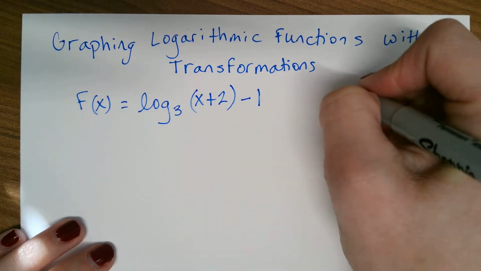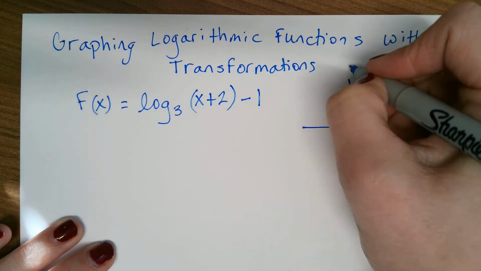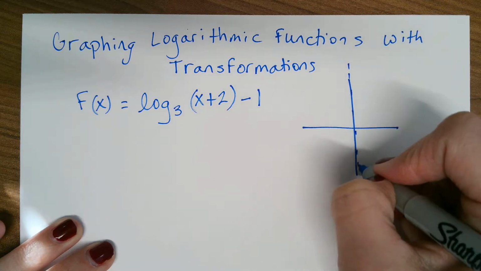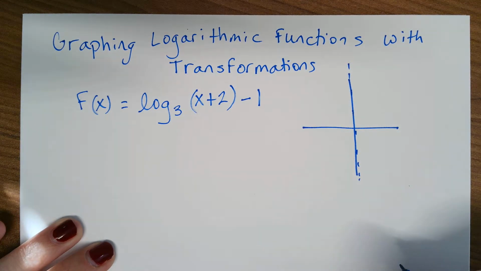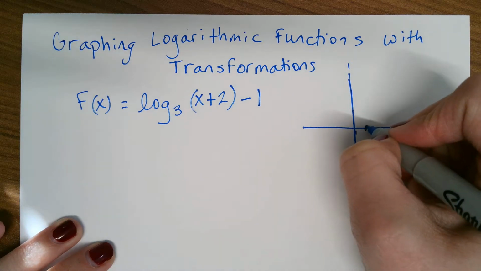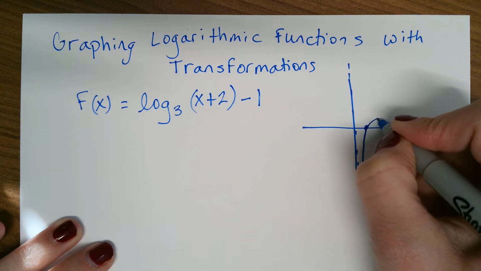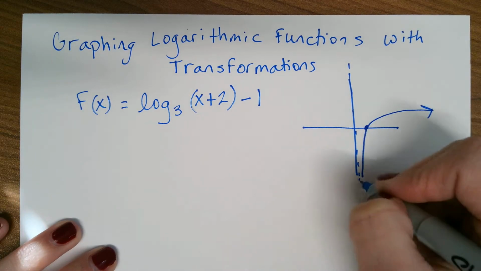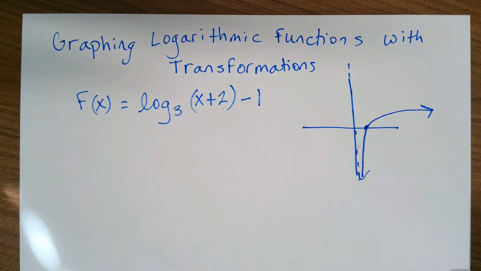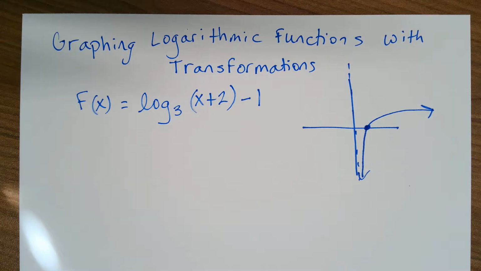So the parent function, log base 3, our vertical asymptote is at x equals 0. And we cross through the point (1, 0). So we have something like that, right there. There's the parent function of log base 3. So using the transformations we have here, and this point (1, 0), we can get a rough sketch of what